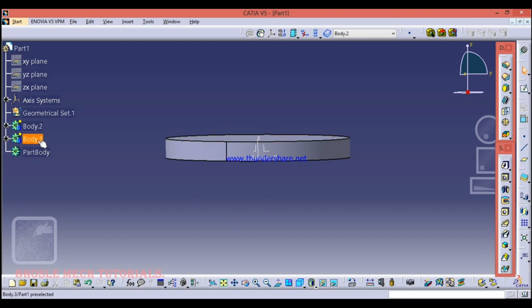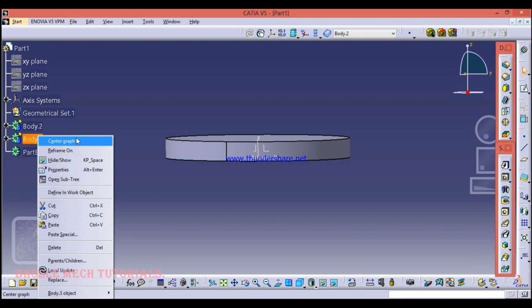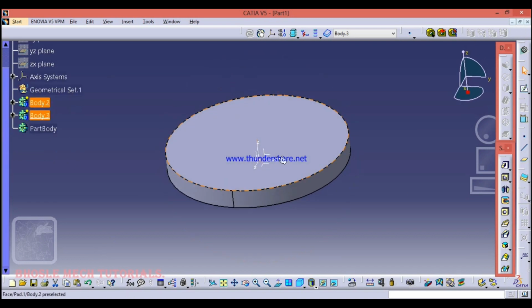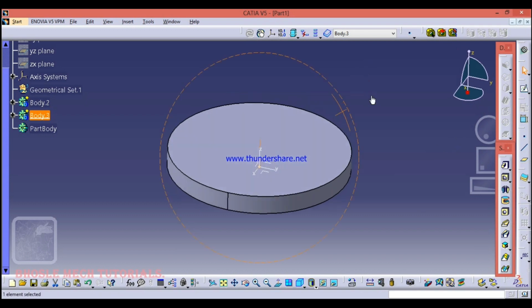Now go for body 3 and here also define in work object. Now this body 3 should be created on an independent plane, means there should be no relationship between body 2 and body 3.